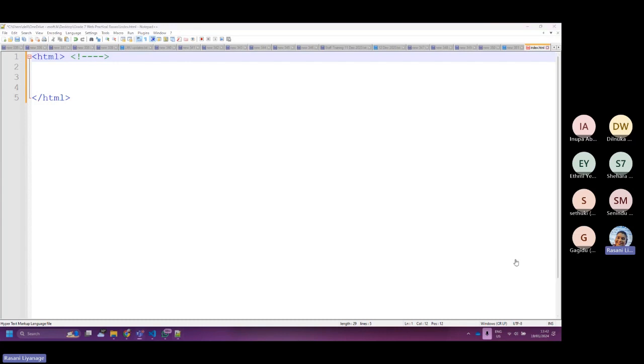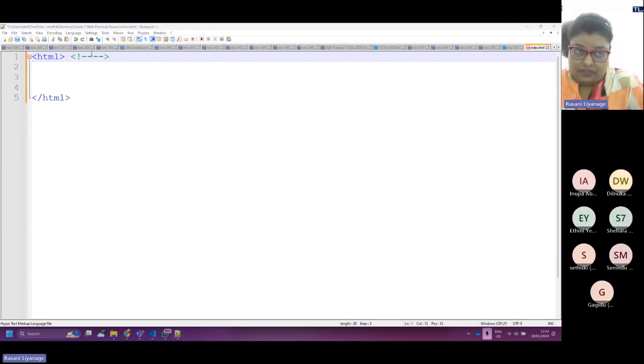What I'm doing now is something like that. So we call these tags, and tags always start with an open angle bracket and end with a close angle bracket.